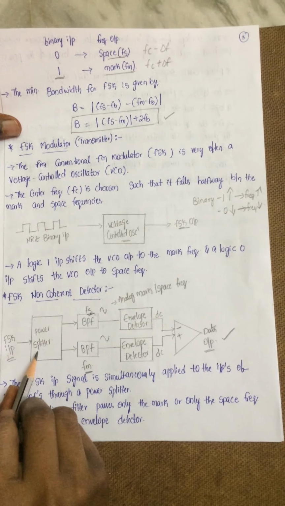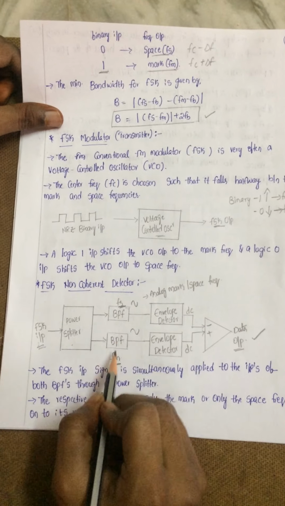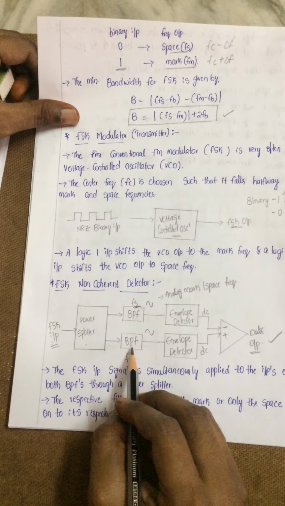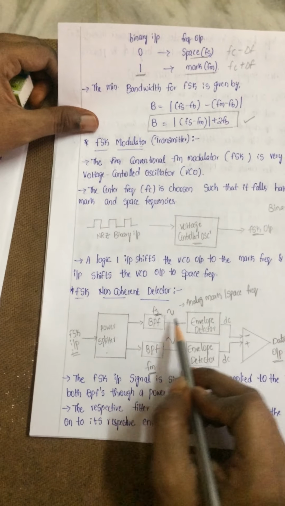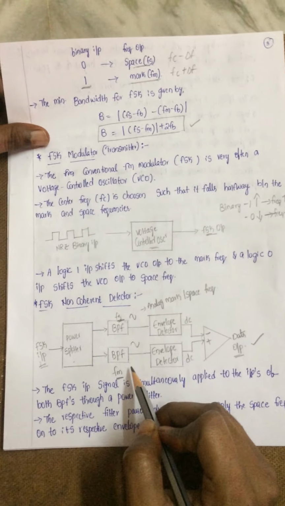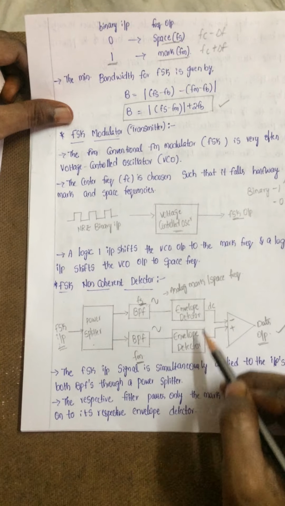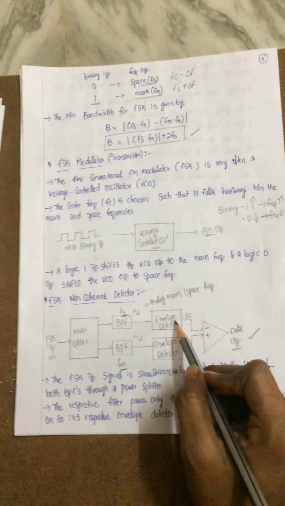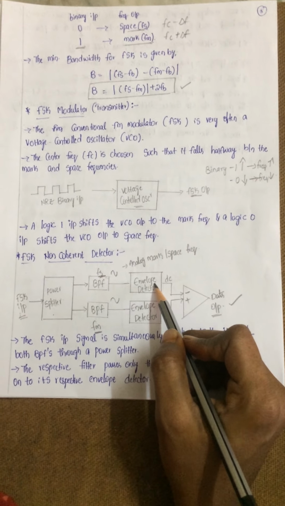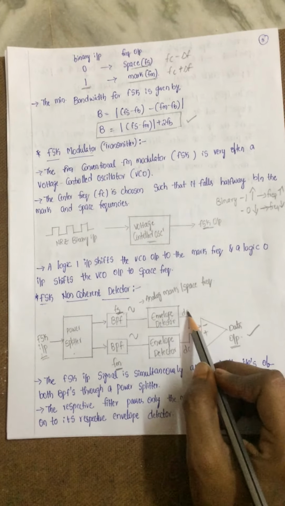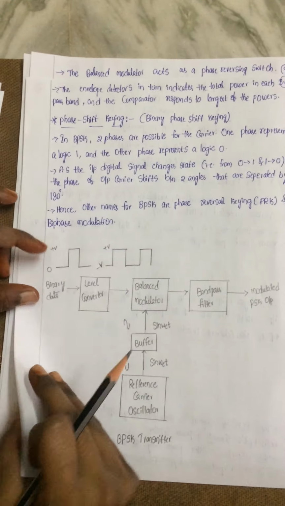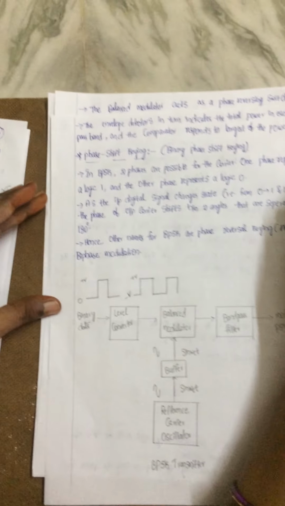So here the main thing is the function of the power splitter. It is dividing it into two separate frequencies. Those two are given to two separate pass bands. Then the analog signal is coming. From that analog signal we can detect with the envelope detector. With the help of a diode we have done this envelope detection. That same procedure is done and we are able to detect here the DC component. From that DC component we are getting data. That's how FSK demodulator will function.